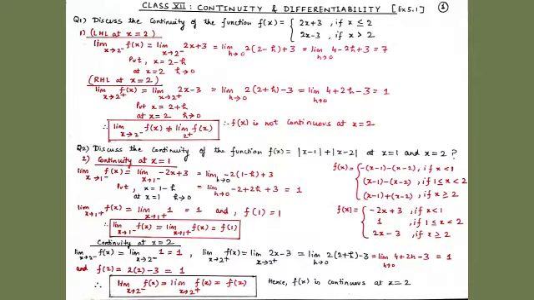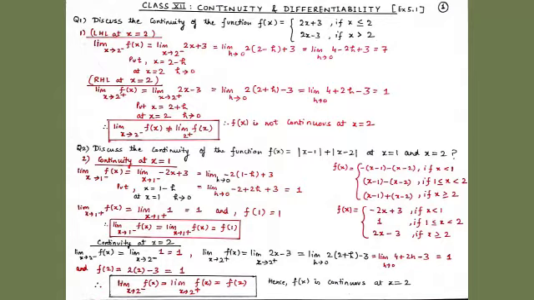And now we'll check the right hand limit at x equal to 1, limit x tends to 1 plus f(x). And this is equal to limit x tends to 1 plus, and we know that our function f(x) is always equal to 1 when x is greater than or equal to 1. And now we'll check for x equal to 1. So student, from here we get f of 1, which is equal to 1. So you can clearly see that the left hand limit is equal to the right hand limit, and the value at x equal to 1, all are the same. So therefore, student, the function is continuous at x equal to 1.